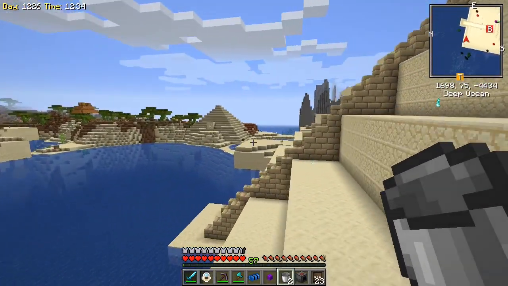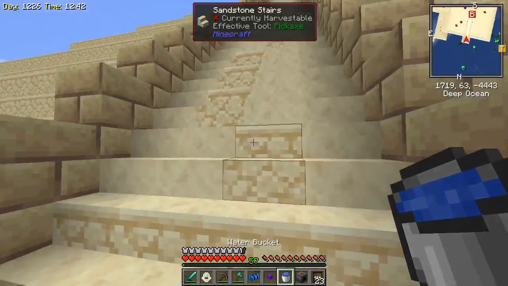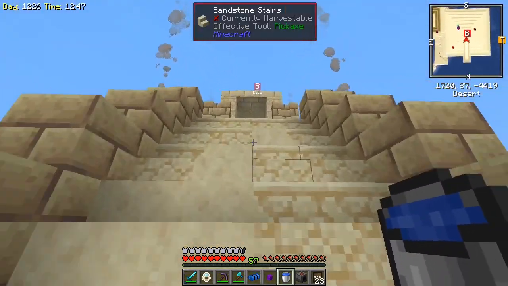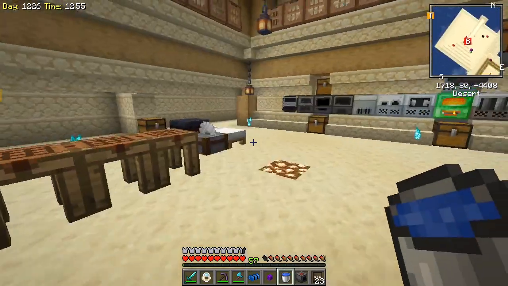Let's come right down here. Cool, so that gives us water, and we should be able to make a water source. And what I'm hoping is that this will work the same way as the aqueous accumulators from Thermal Expansion. So if I come over here,